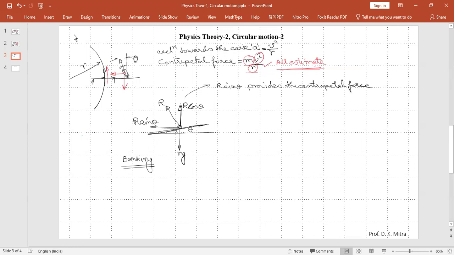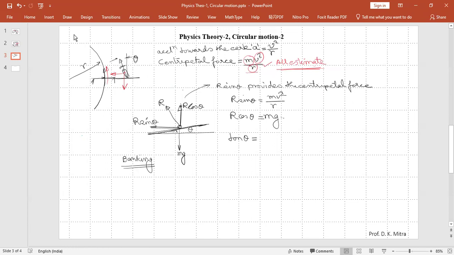That's the centripetal force. So R sin theta has to be equal to mv square by R. And R cos theta, the vertical force, has to be equal to the vertically downward force mg. From here we find, if we divide the first one by the second one, we would find tan theta